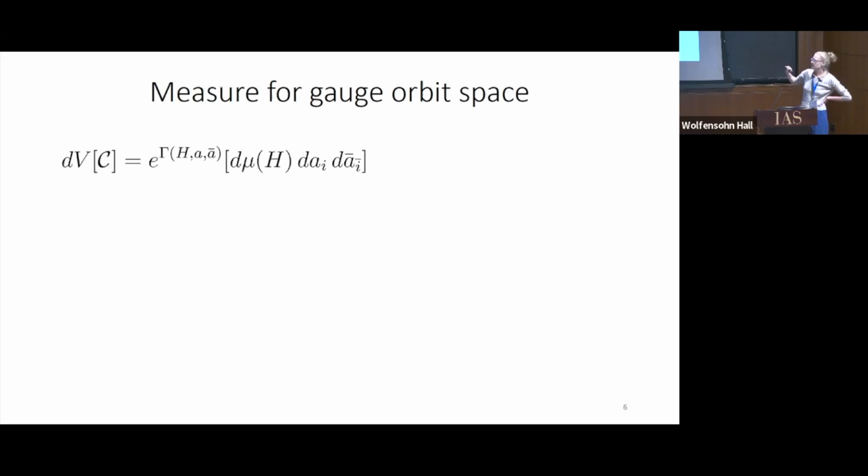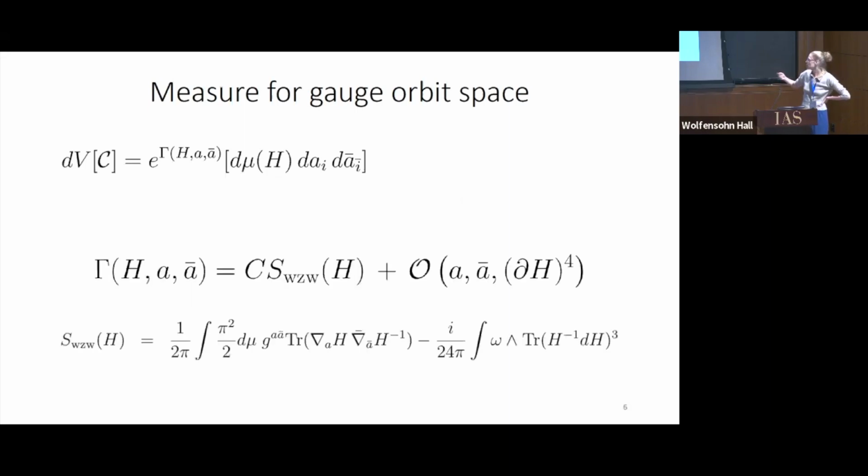I don't have much time to get into the details of this measure, but the main thing to say is that it's much more complicated in the 4D case than in the 2D case. It's highly non-local, it has infinitely many terms, but we argue that there is a low energy regime where you can approximate it as the 4D Wess-Zumino-Witten action for the H modes, to bring it into analogy with the 2D case.